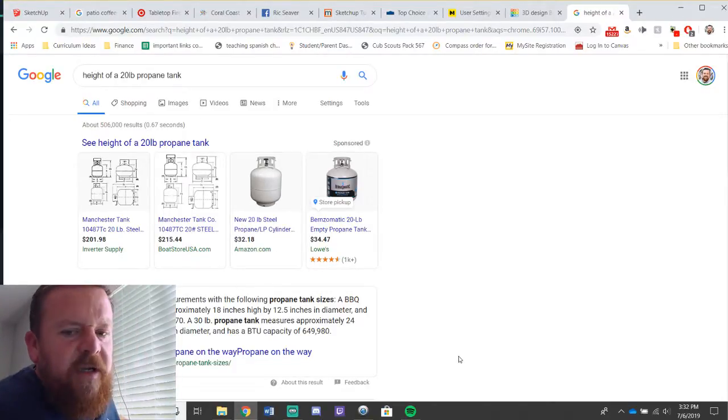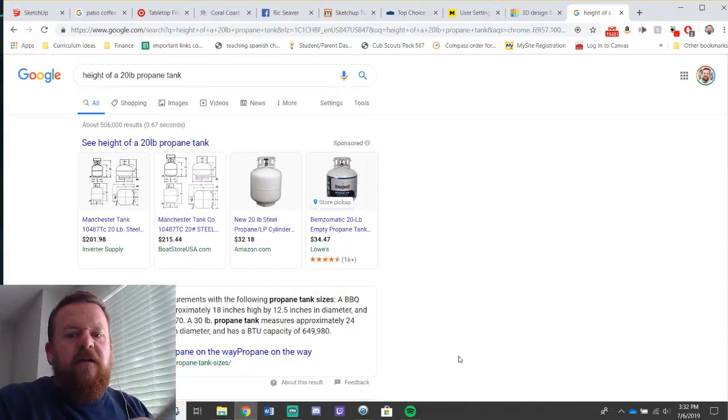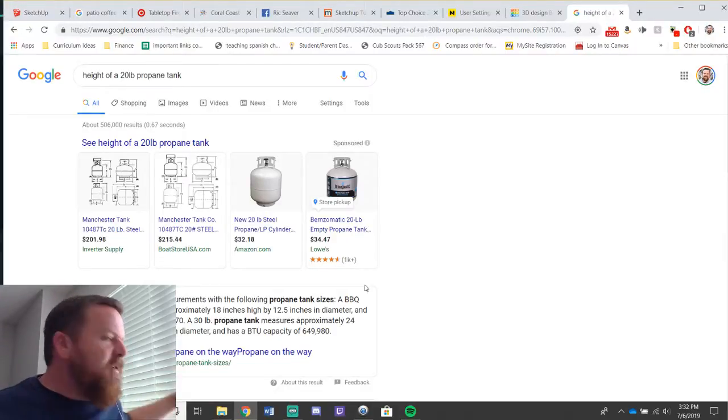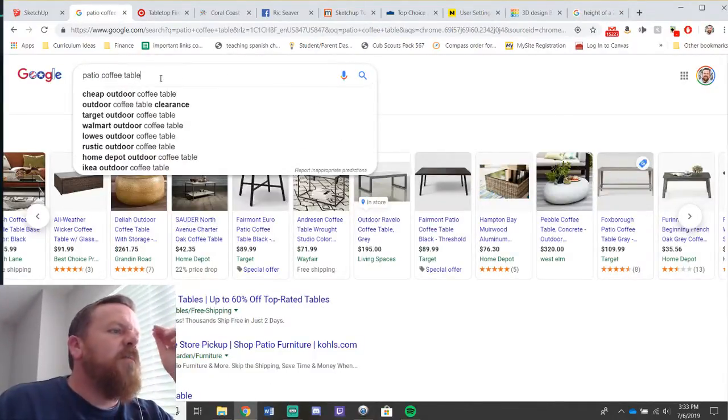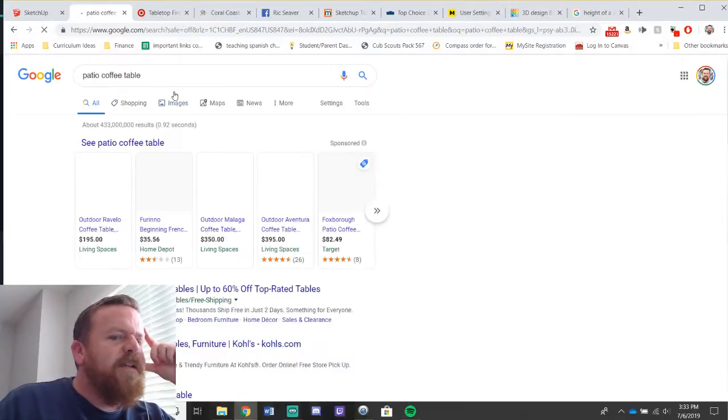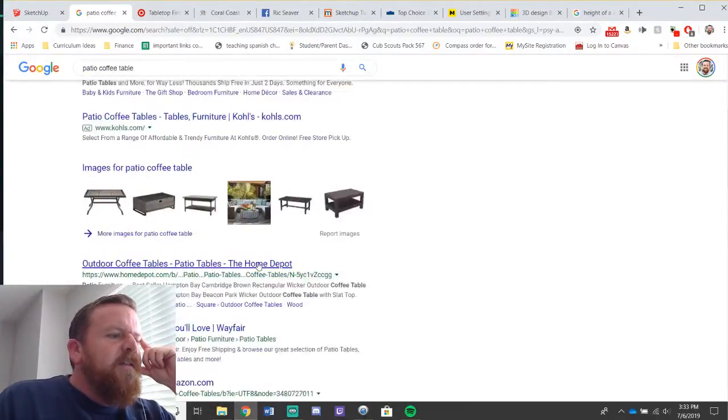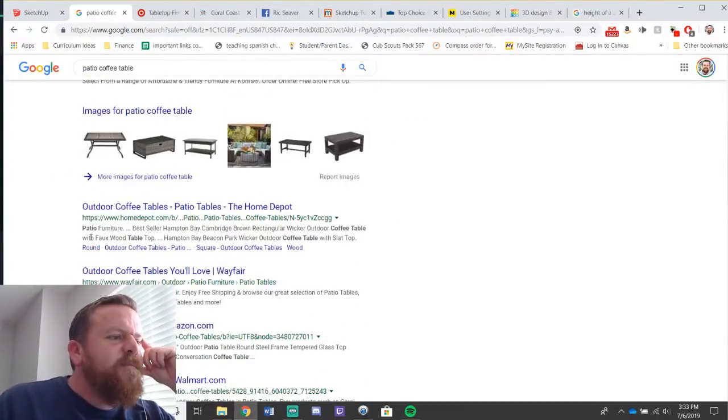What did I say in my drawing? Okay, I said 14.5 inches tall. That's not tall enough, but that seems to be a typical height of a patio coffee table. Let's see. Outdoor top.